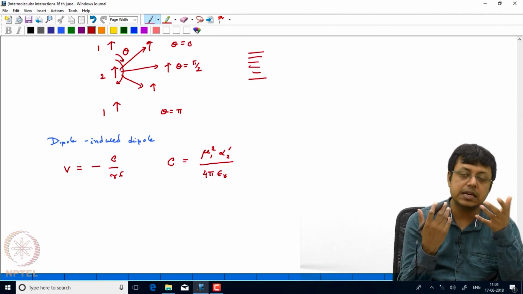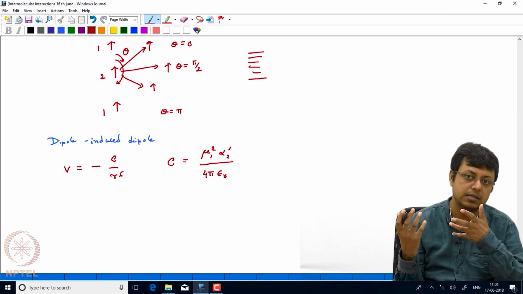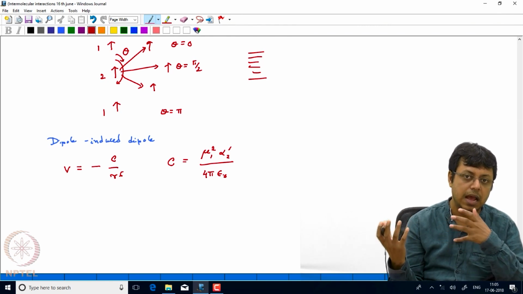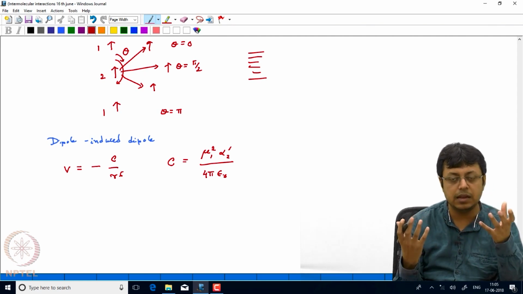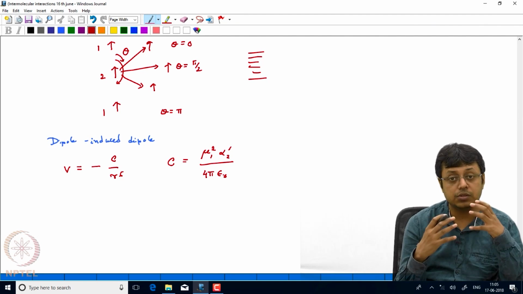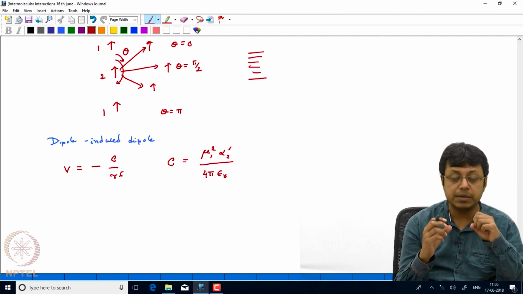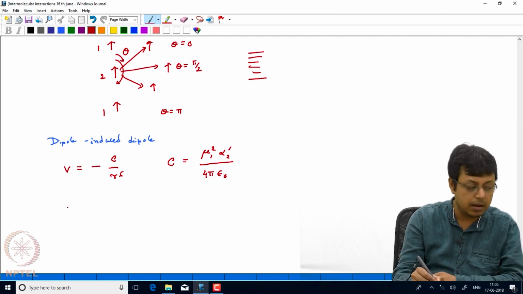So it is kind of an instantaneous dipole, and that instantaneous dipole can interact with another instantaneous dipole, or can induce another instantaneous dipole in the other molecule, and then they can interact with each other. The reason for this is that benzene, or say helium gas, do not have a permanent dipole moment for the molecules, yet they also liquefy, which means there should be some mechanism for this liquefaction, and that interaction